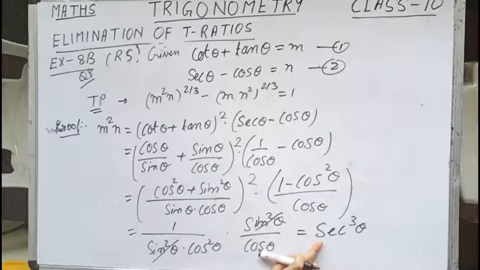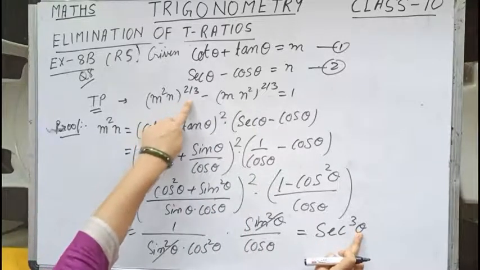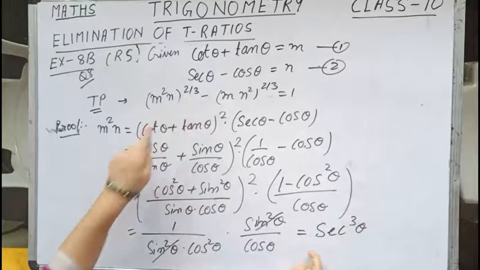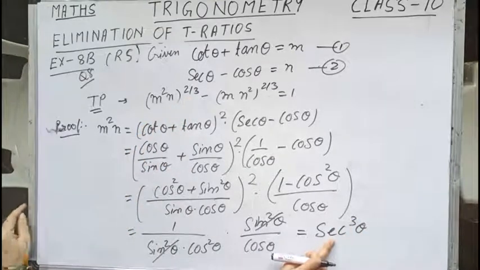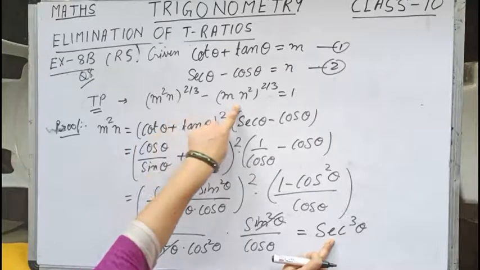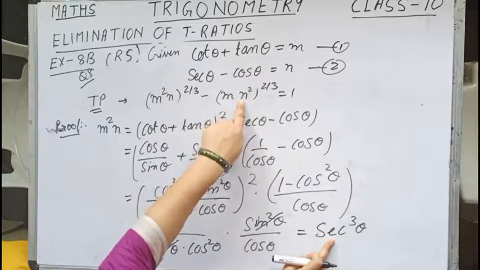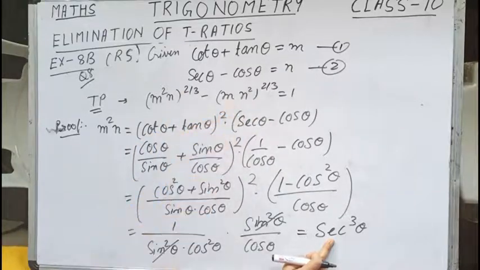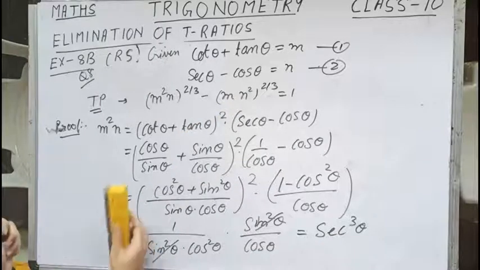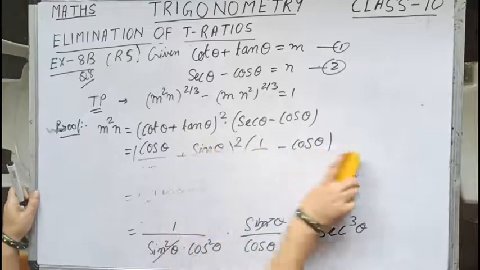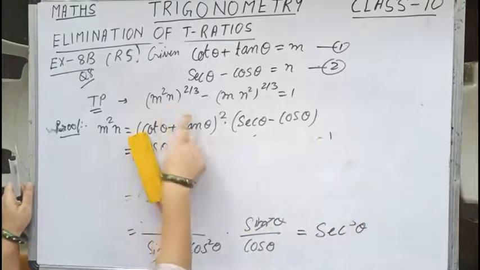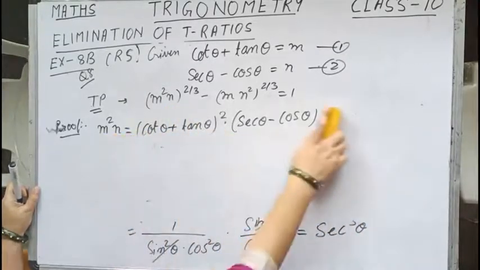Now obviously over here children take care, sec power 3 theta and power 2 by 3. This 3 will be cancelled and we will be getting sec square theta. Similarly for mn square we will be getting tan square theta, and sec square theta minus tan square theta is 1. So we will be getting LHS equals to RHS. So let us proceed for mn square now. Remember that this m square n we have got as sec cube theta.